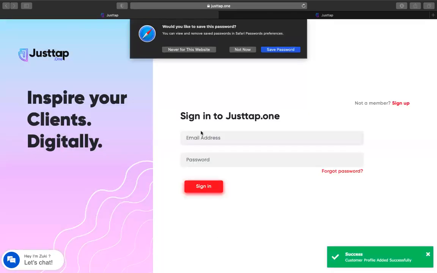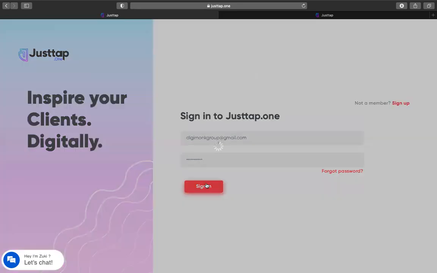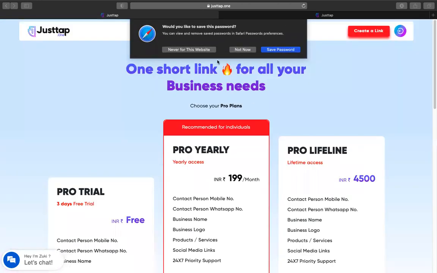Click create account. And friends, now your profile is created successfully. So here you got a dialog box pop-up option. After creating your account, you have to log in. digimonkgroup@gmail.com. This is the email ID which I used while creating my account. And I am going to enter my password over here. Just click sign in after creating the account.